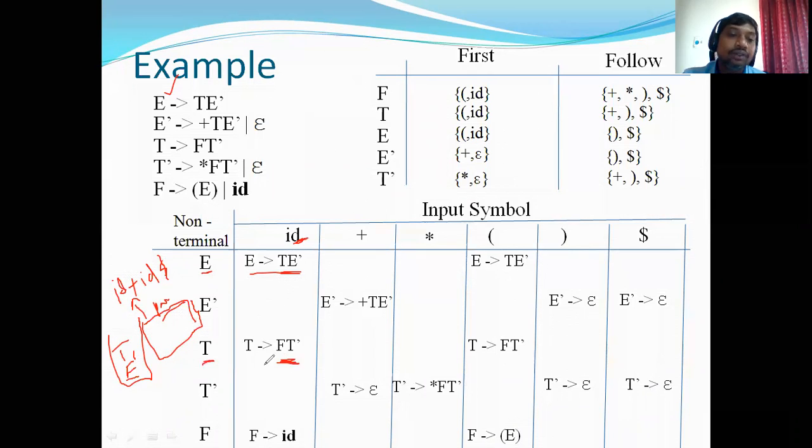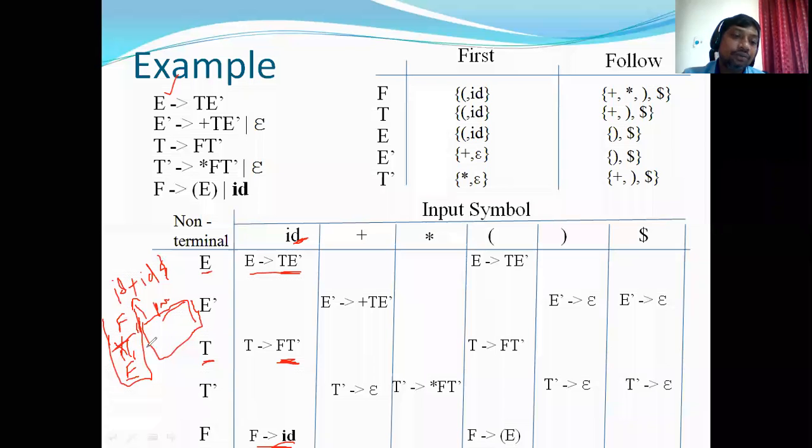Now what do I have to do? You have to pop off T and expand it with F T dash. So let me use the same one, T dash, and on top of it you have to push F. Now the current top of the stack is F, T dash, and E dash. Now F with ID. For F with ID, we have a production rule: F derives ID.